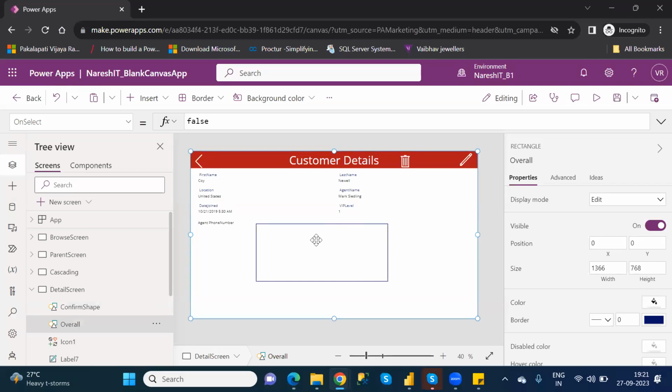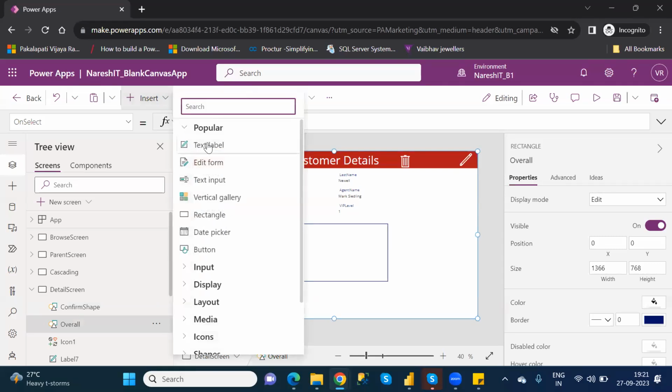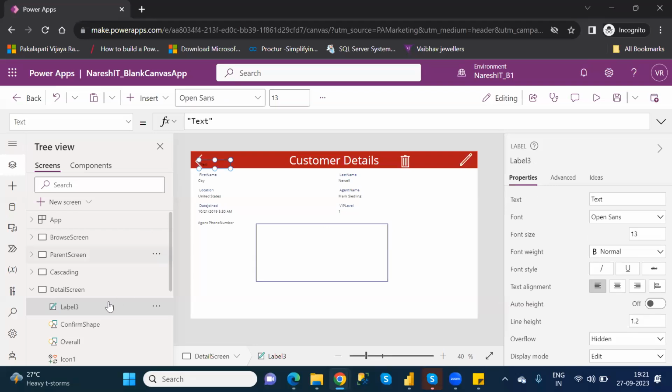So inside this, I want to put some other things, like a text label. Here itself, I need to put it. This is the message I want to display.